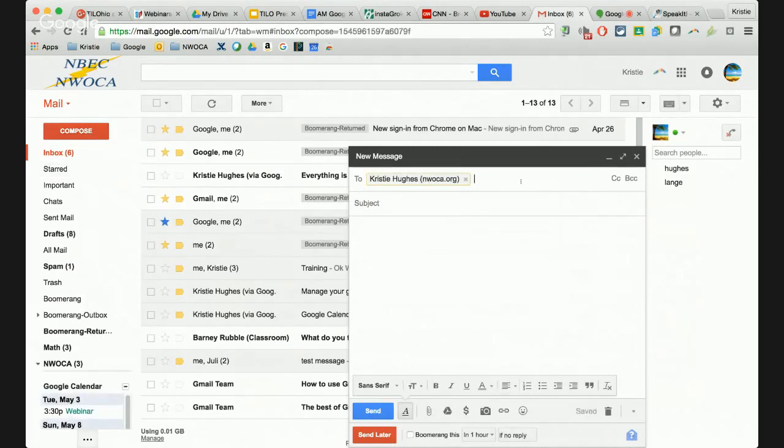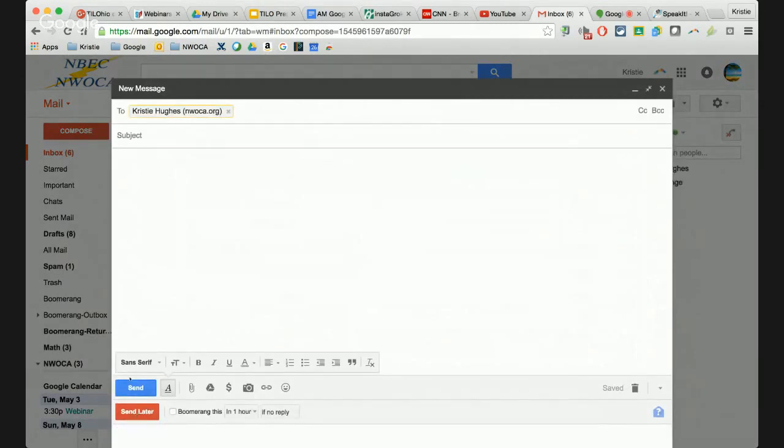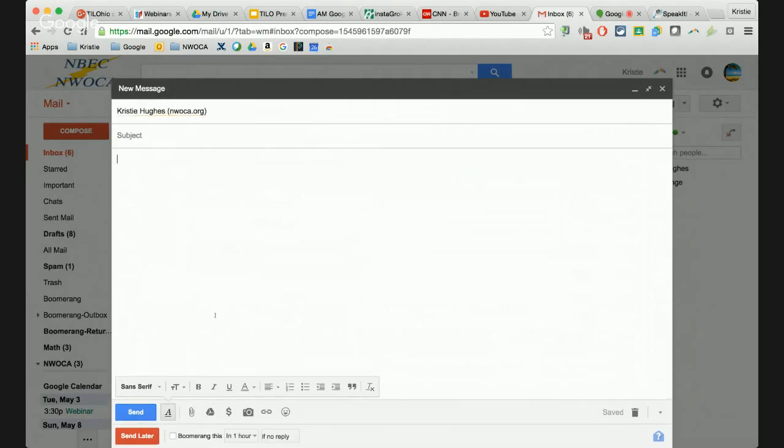And what you're going to see is, if I make this a little bit bigger so you can see it, way down at the bottom, what we used to see in Gmail is that my screen would end with this send button down there. But now, since I've installed Boomerang, I have this extra feature that I can send later. So if I type out a message, my example was that maybe it's Friday afternoon at 4 o'clock, and I want to send this message, but I want people to really receive it Monday morning at 9 o'clock. I don't want them to receive it Friday at 4 o'clock. So I can click on Send Later.